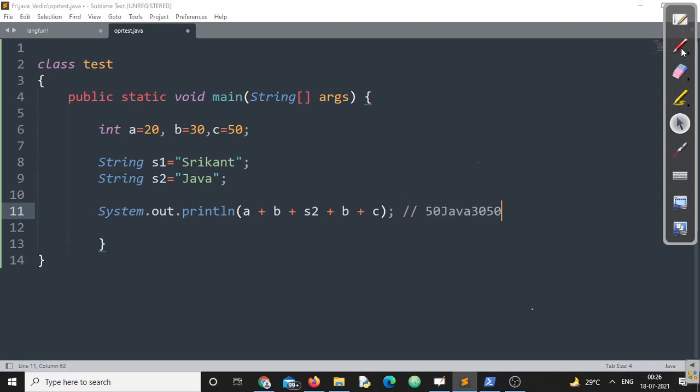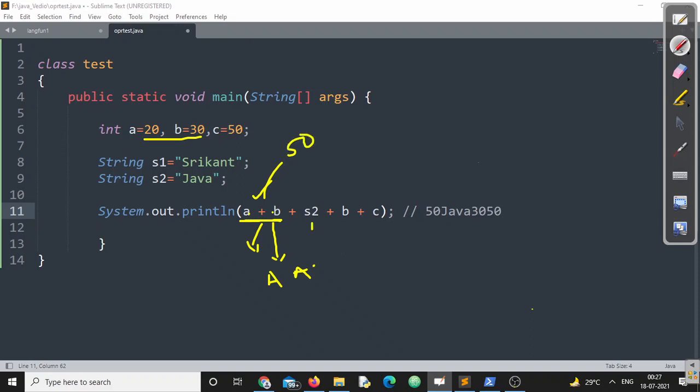Now what has happened? Listen very carefully. Before the string, everything else is numeric. As per the previous discussion, when the operands are numbers, it will be operated as arithmetic addition. So a plus b means 20 plus 30, which is 50.